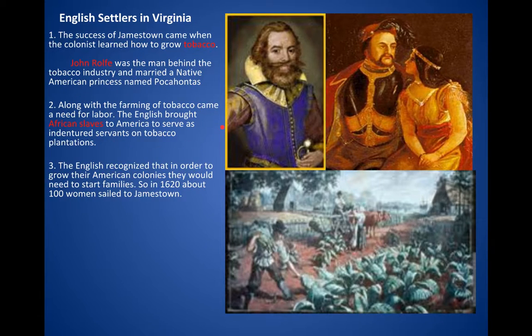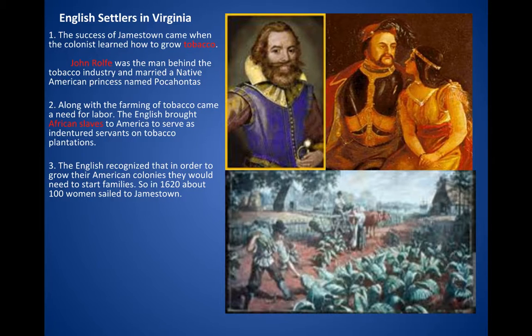So next, the English recognized that in order to grow their American colonies, they would need to start families. So in 1620, about 100 women sailed to Jamestown. Prior to 1620, it was mostly all men living in Jamestown. But when you have all men, you don't have families. So they brought in over 100 women to Jamestown, and this is how the colony really started to take off,